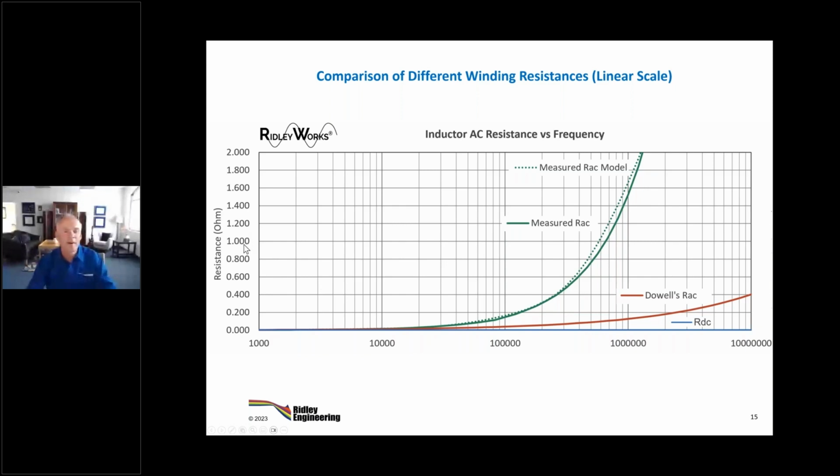Notice here, we're not seeing 1,000 ohms, we're seeing 1 ohm. That's where we're a little suspicious. Maybe Coilcraft got it wrong; they meant to put a milliohm in there. Okay. But I'm sure that will show up soon.